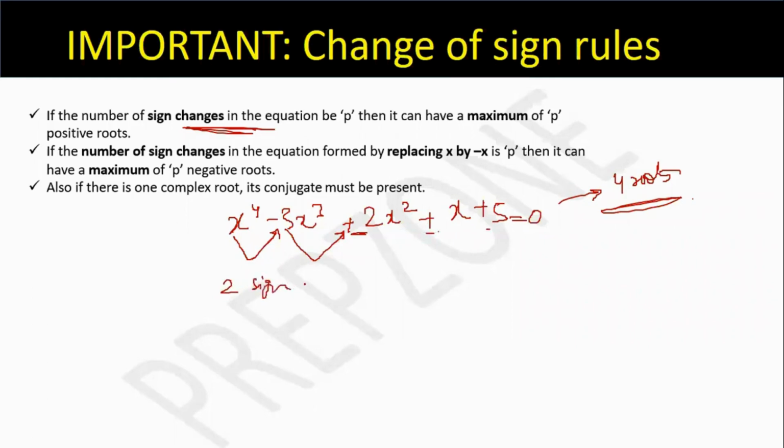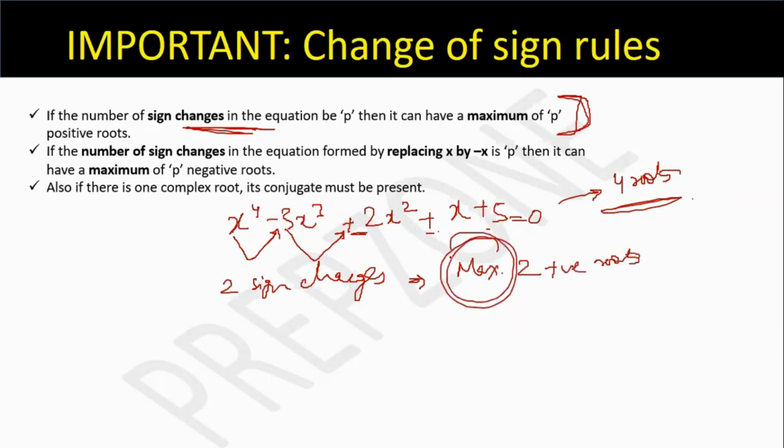आई हैव 2 साइन चेंजेस, ठीक है। If I have 2 sign changes in my equation, the Descartes rule says that I can have a maximum of 2 positive roots. यहाँ ये बहुत इंपॉर्टेंट टर्म है कि मैक्सिमम 2 पॉजिटिव रूट्स हो सकते हैं। इसका मतलब 2 भी हो सकता है, 1 भी हो सकता है, 0 भी हो सकता है। तो आंसर में ये नहीं लगाना है कि 2 ही होगा, वी नेवर नो, बिकॉज Descartes rule says कि मैक्सिमम 2 पॉजिटिव रूट्स होंगे, ठीक है।